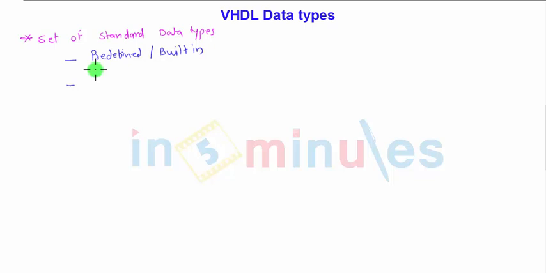It is also possible to have user defined data types and subtypes. Means if you want, you can define your own data types other than the predefined ones. So user defined data types are also available, and their subtypes.